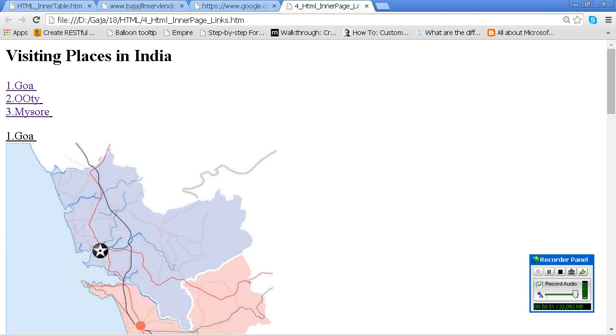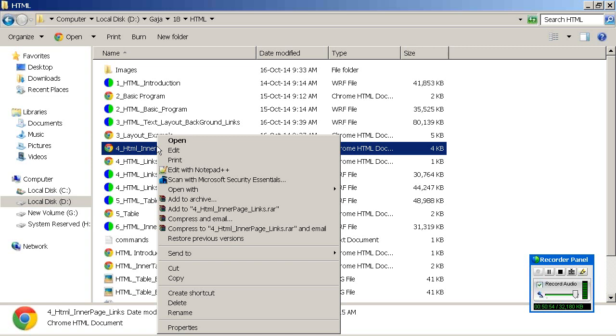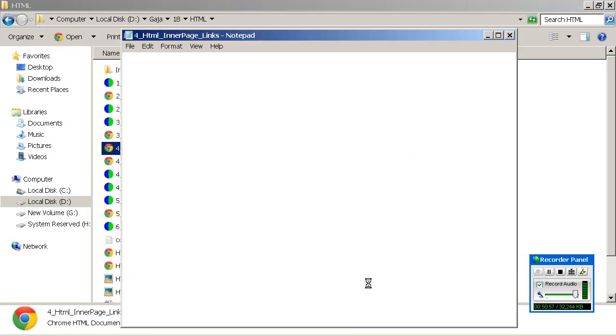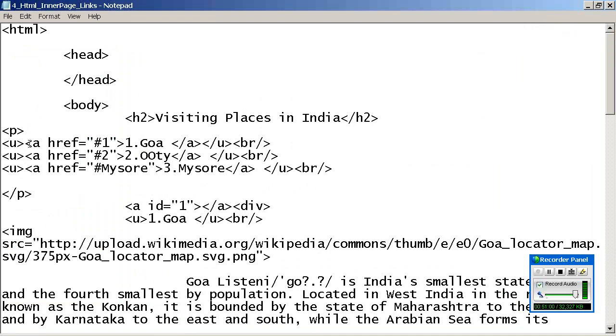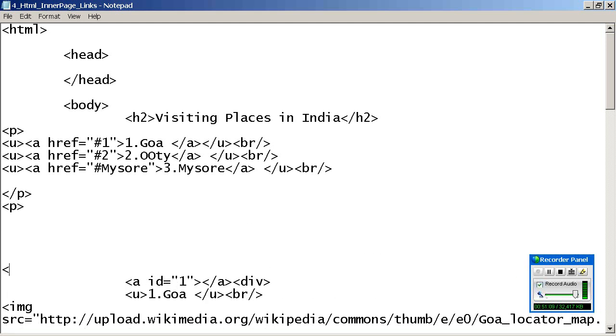Now I am going to change this one however you want. Open it. 1, 2, 3 is written manually, but I will show you below that one. I will take a paragraph. See how it will look. I want to show an ordered one, right? 1, 2, 3 means sequence or order. Each and every item in a list is called a list item. I have 10 items in a list, but each and every one is an item on the list.